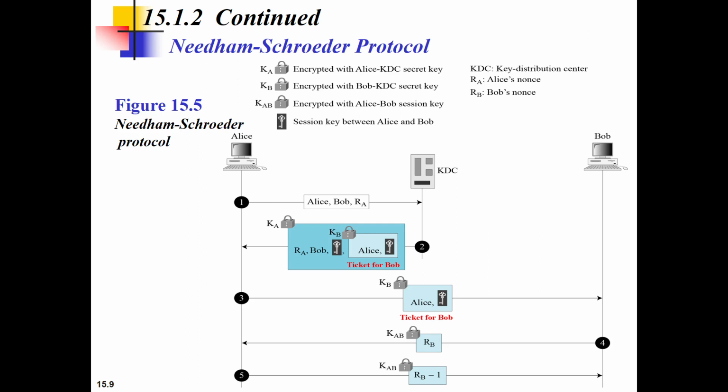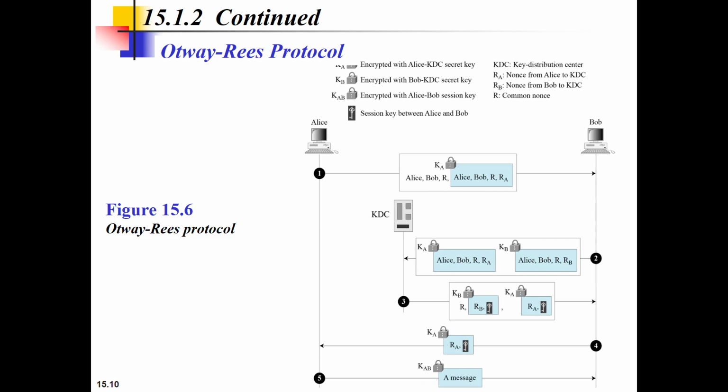Now, a solution to this problem was introduced in the Otway-Rees protocol. This protocol again is vulnerable to an attack called a disruptive attack, in which the attacker can make it so that the sender and receiver, Alice and Bob, receive a different key for the same session. This was also discussed in the class.